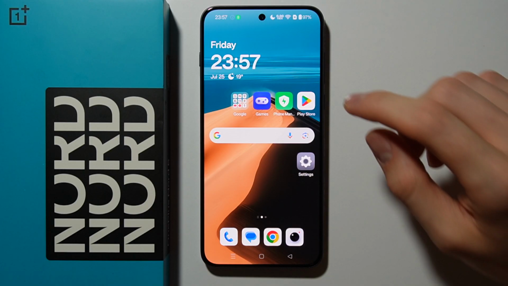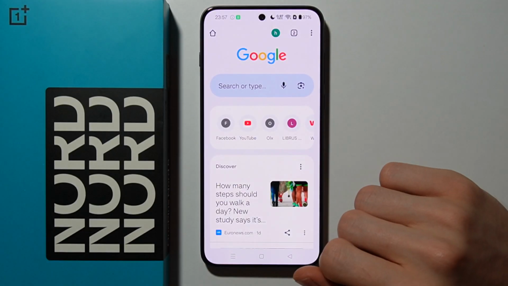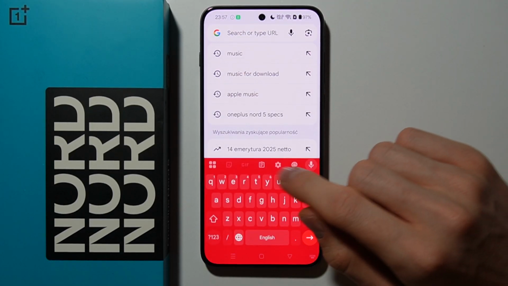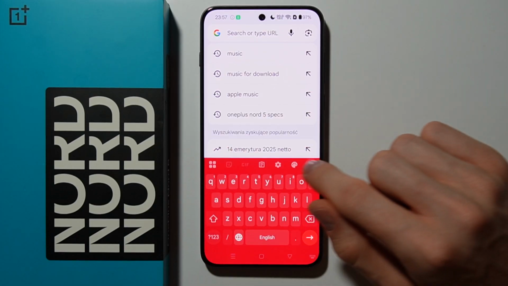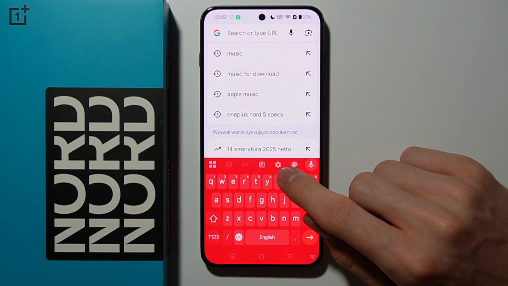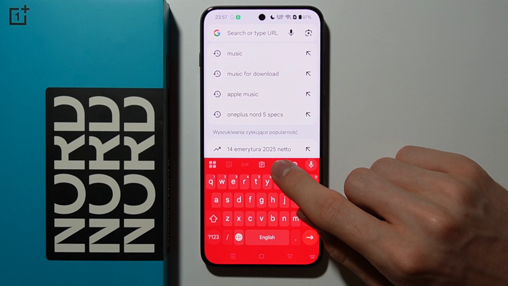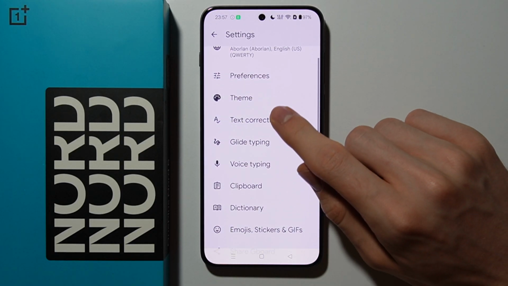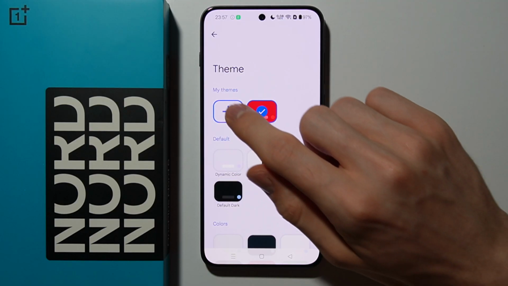So first of all, you have to get a keyboard on your screen, so you can do it by using a browser. For example, you have to get a keyboard like this on your screen. Now when it's done, click on this settings icon over here and go to the theme section, and here on the